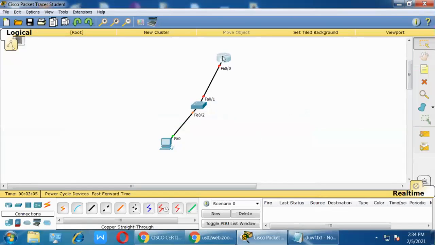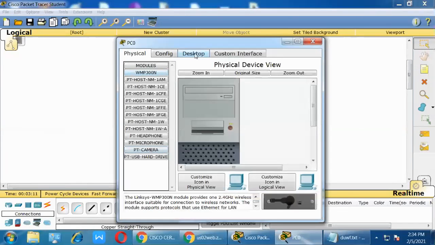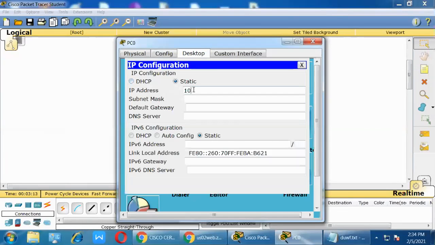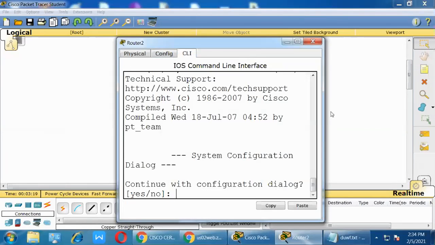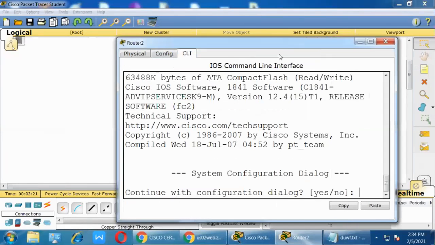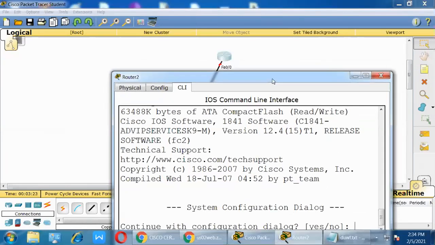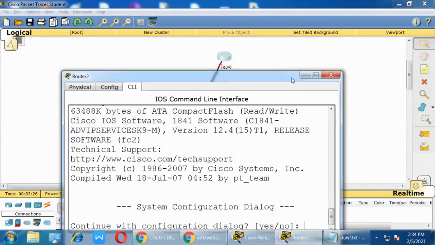Okay, so how to do the configuration? Yesterday you have seen, so I'm going to do the same thing. So just 10.0.0.2, and on the router side I need to configure the interface. Which interface? 0/0.